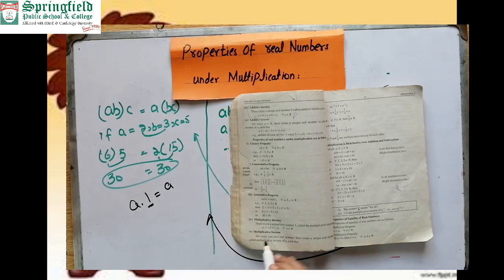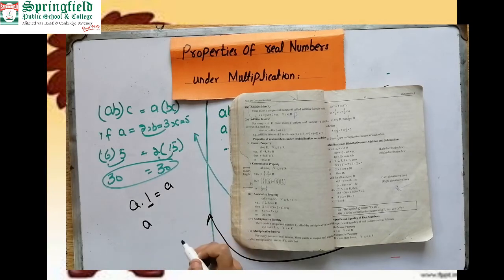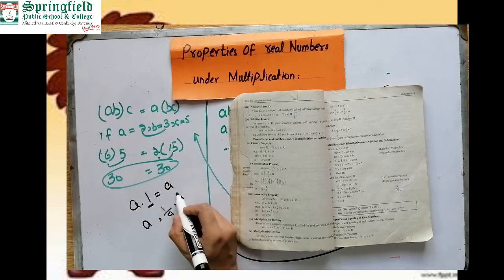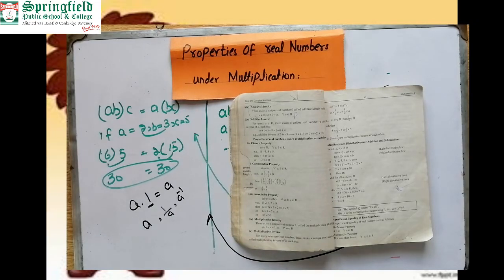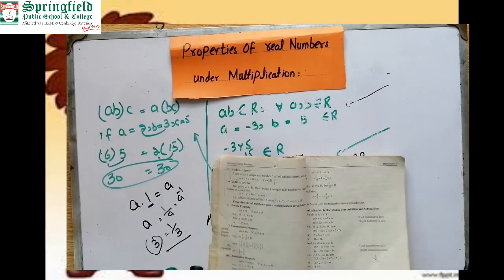Fine. And what will be the multiplicative inverse? So let a be a number, so what will be the inverse of this number? The inverse of this number is 1 by a. You can write a inverse. Understood, beta? As we already know, when 3 is a number, what will be its inverse in multiplication form? In multiplication it will convert into division, as we know that addition converts into subtraction, and subtraction changes into addition. Fine. So these are some properties of real numbers under multiplication and addition.